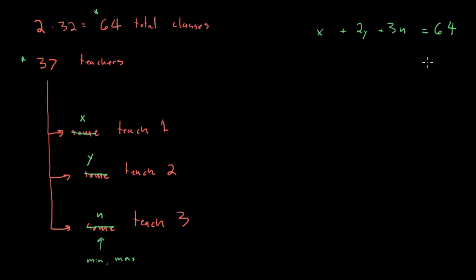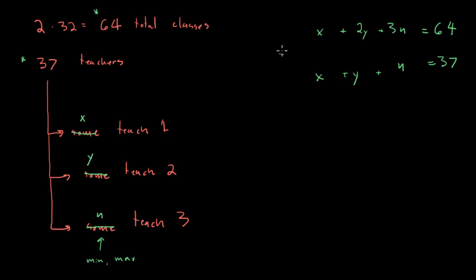Okay, what about our other total? Can we get an equation with this 37? And we certainly can. That 37 is just the total number of teachers. That's the 1 class teachers plus the 2 class teachers plus the 3 class teachers, or x plus y plus n. And now we've got 2 nice equations nicely lined up, and I like that they're lined up because now we can see that if we